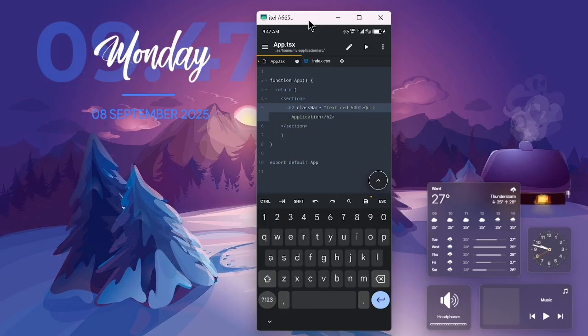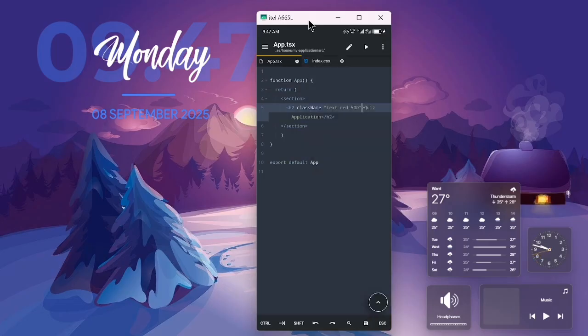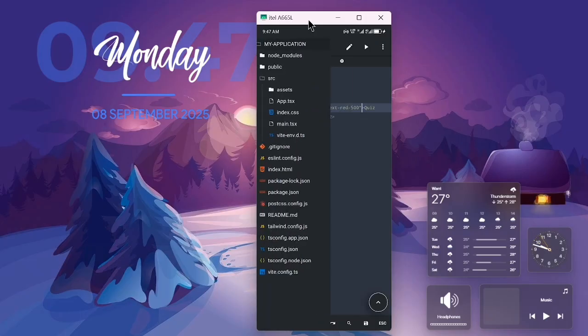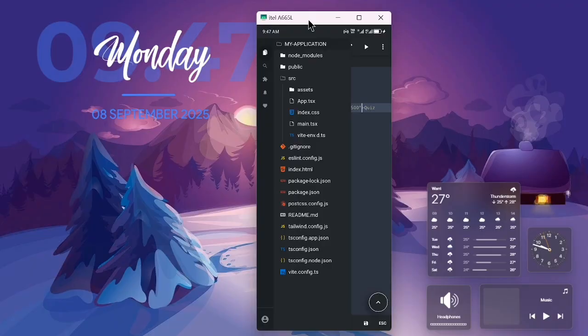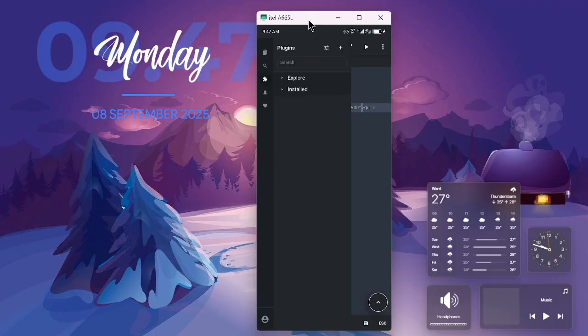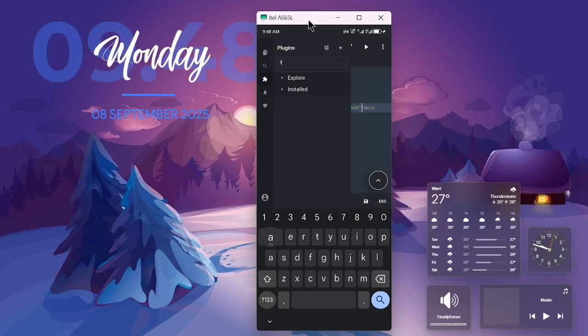Okay, I'm going to show you guys how to install this in the editor so you can get autocomplete. So click on here, this hamburger menu. Click on the third icon, which is the extension. This is the plugins. Now search for